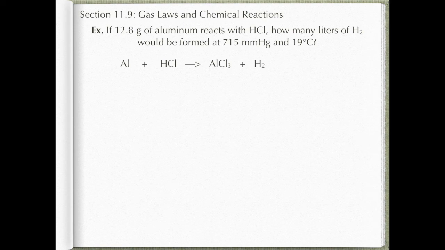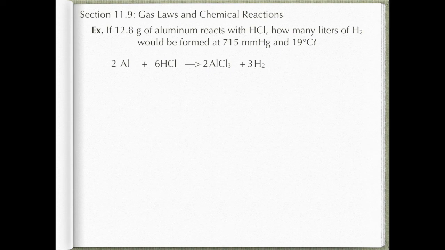Now the issue is, if you notice, I'm going to want 3 Cl's and 2 H's based on what I have in my products. The only thing they have in common is 6. So I'm going to put a 6 in front of HCl to balance that out. I'm going to put a 2 in front of AlCl3 in order to get those 6 chlorines. I now need a 3 in front of H2 in order to get 6 hydrogens. And finally, I'm going to put a 2 in front of aluminum, so I have 2 aluminums on my reactant